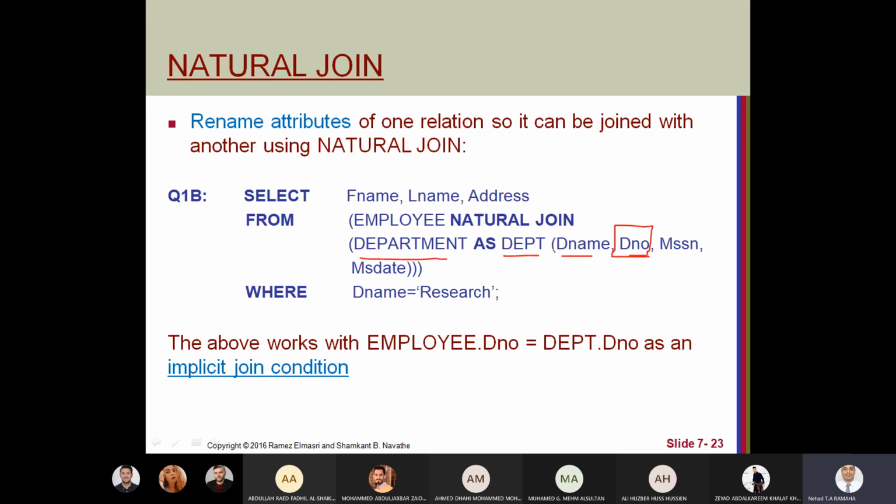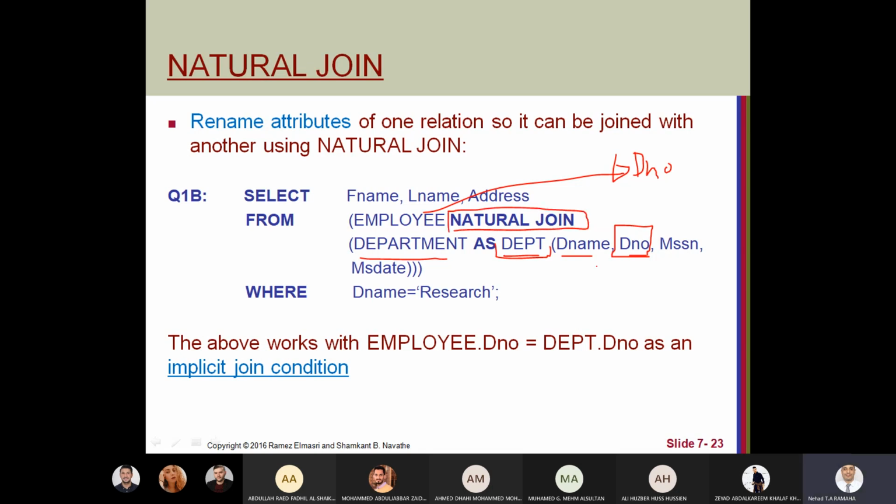Of course, this will be in the result of the query, but will not affect the original table. So here we have D number in dept, the new copy of this department or alias name. And we actually have in employee DNO. So when we make now natural join,